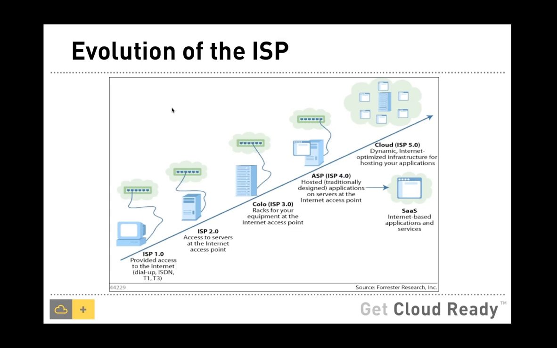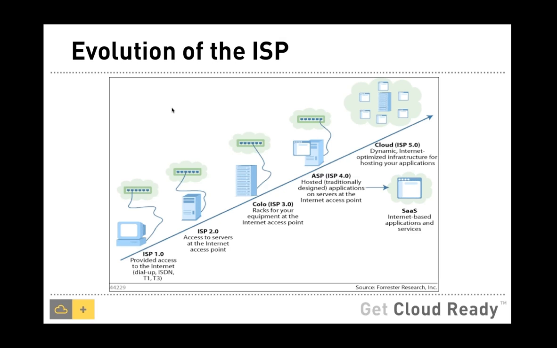Let me get started with the evolution of the ISP. So most of us are familiar with the way the internet has evolved, and so was the ISP. The internet service provider primarily started off offering very basic internet connectivity. Back in the mid 90s, ISP was all about providing bandwidth and providing internet connectivity. So people could use modems and dial up to a number and get connected to the ISP.